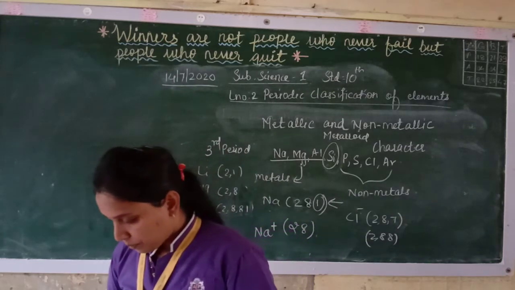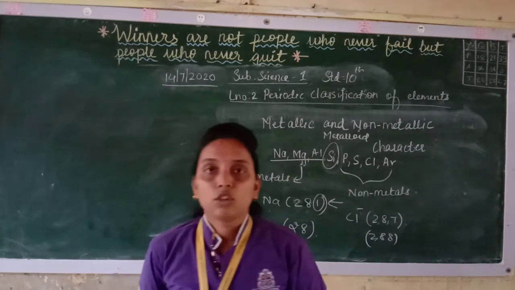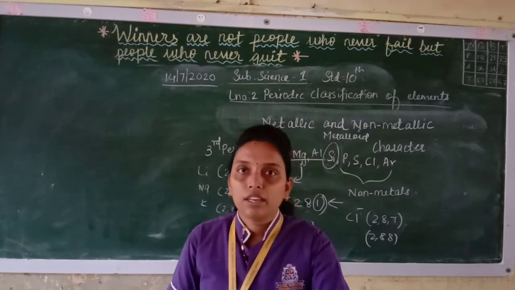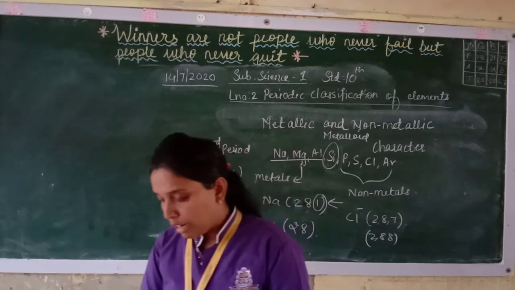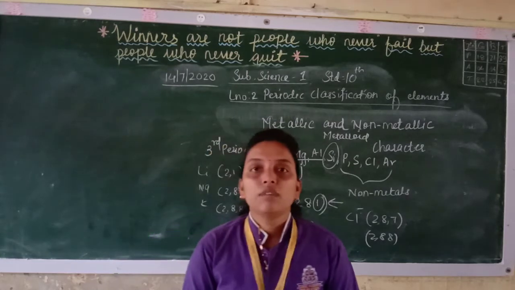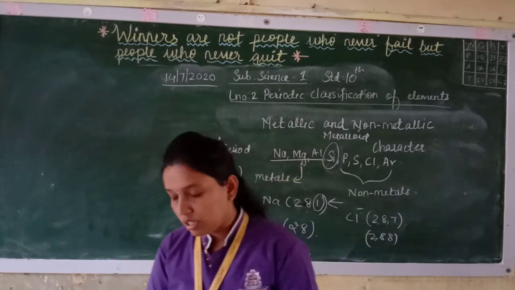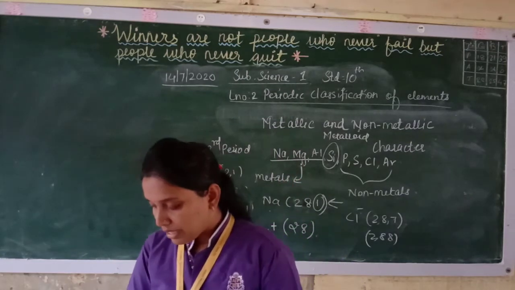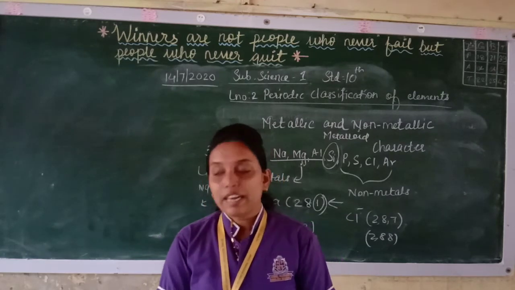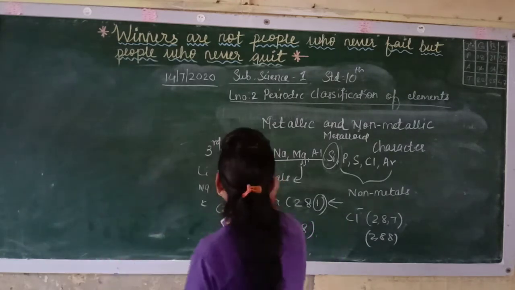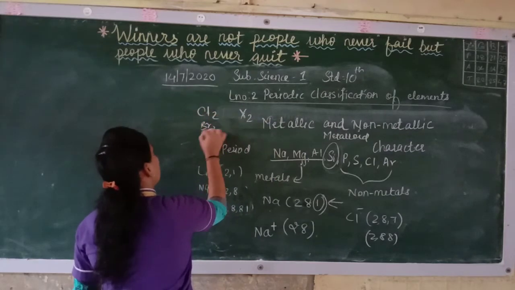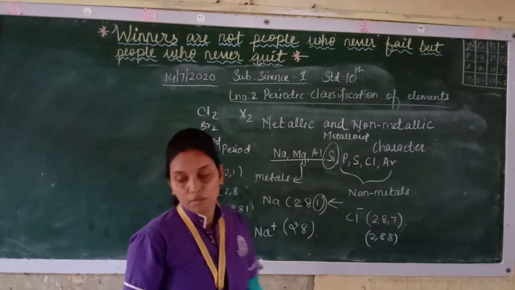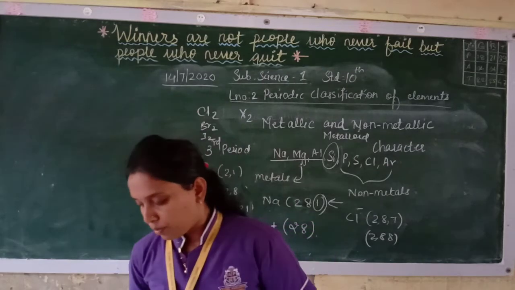Further, the larger the electropositivity or electronegativity, the more reactive the elements become. Now halogens, the group 17, that is chlorine, bromine, iodine, as you must have seen in the periodic table. Those are known as halogens, and they have the general formula X2. For example, if you place Cl here, you will get Cl2, Br2, I2.